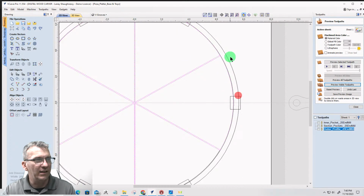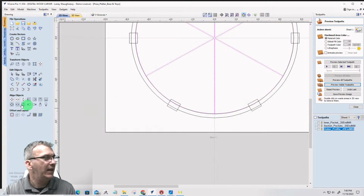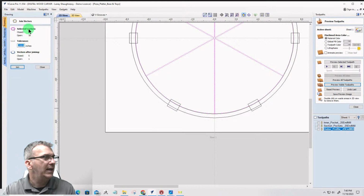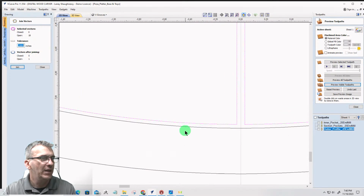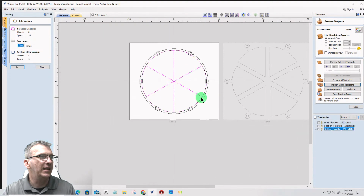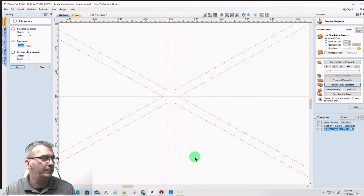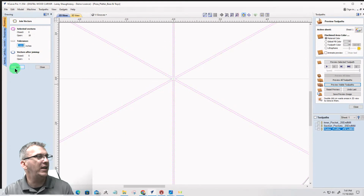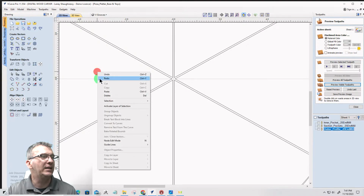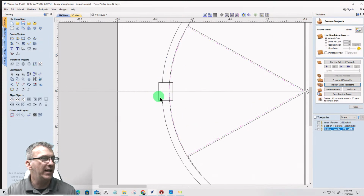So I've got to come over here and select all these inside lines. And then I've got to go to the join tool over here on the left, and I've got 18 vectors open and selected. Now it says I'll close off 5, but 1 will be open. So on one of my vectors, somewhere, there's still a connection, and it's not closed. That mystery I'll have to find in just a second. So I'm going to go ahead and join the 5, and then I'm going to right click on the screen and say select all open vectors, and this tray is still